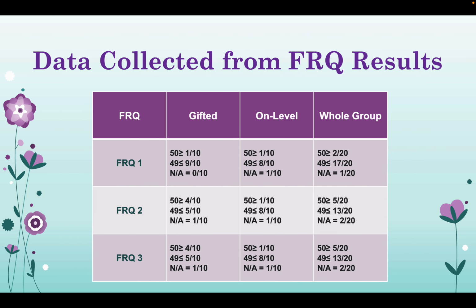These are the results of the FRQs that I gave. Again, the goal here is to get all students up to 50% or higher correct. That translates into a 3 on the AP exam. Again, we stagnated between the first and second. I will say I didn't have the Unit 5 test, the FRQs from there. I did finally get that done, and I'm excited to say I only have 20 students.